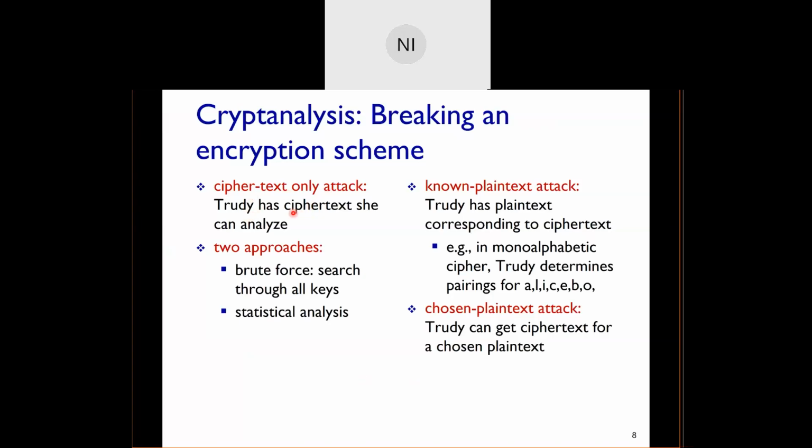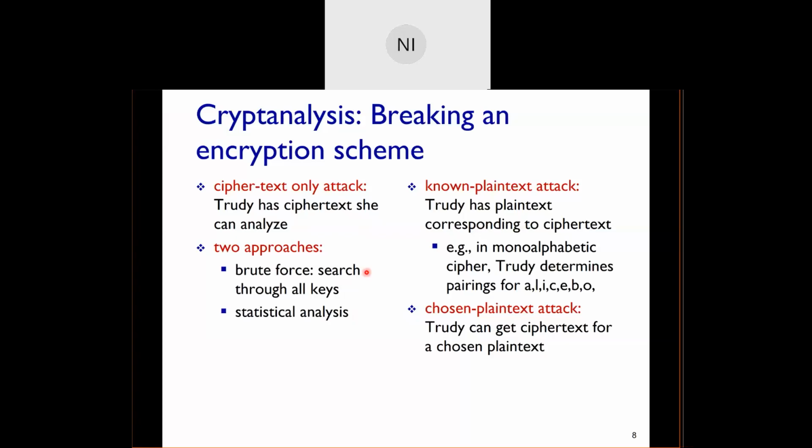In this case, the attacker Trudy has the ciphertext and she can do that frequency analysis that I talked about to try to figure out what is the plain text that corresponds to this ciphertext. And in the extreme case, she can start doing all permutations that are ever possible. So it takes lots of time, but with some clever techniques like statistical analysis, you can significantly cut down the time consumed for breaking these kinds of